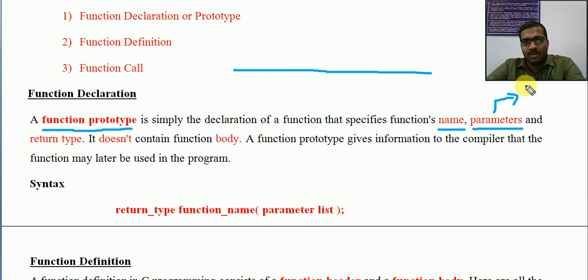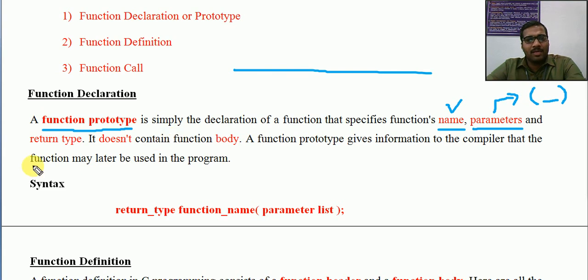They are normally written inside the parentheses, along with the function name. So a function prototype will have the name, then the parameters. How to use the parameters we will see soon.